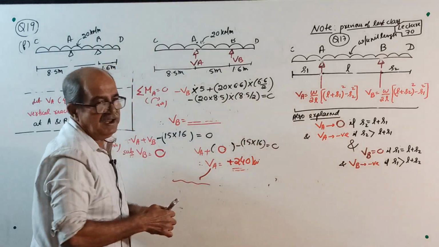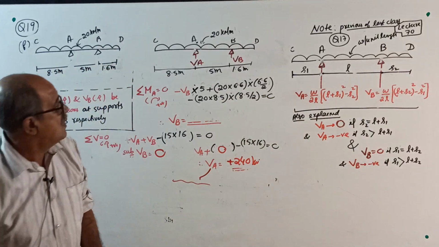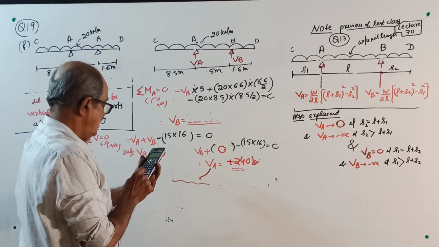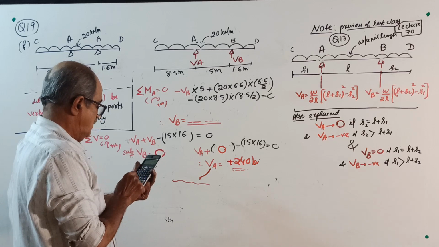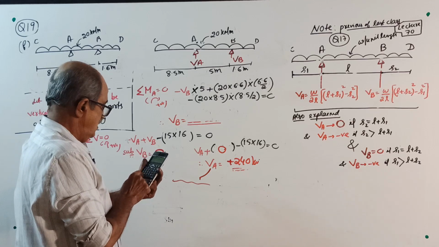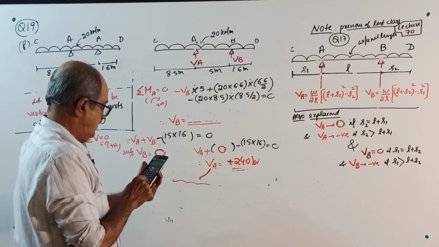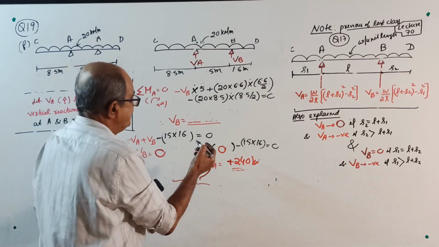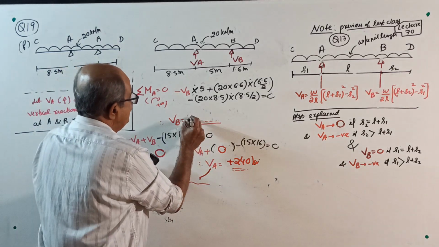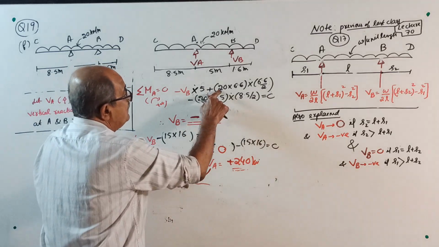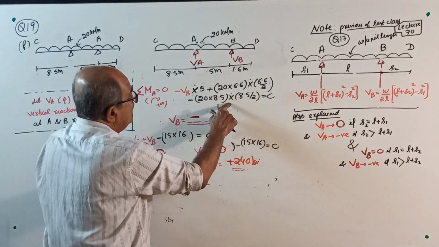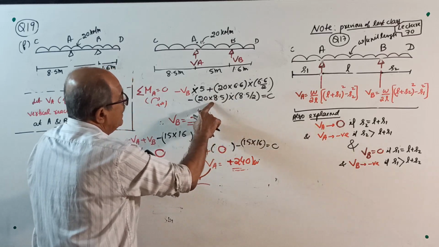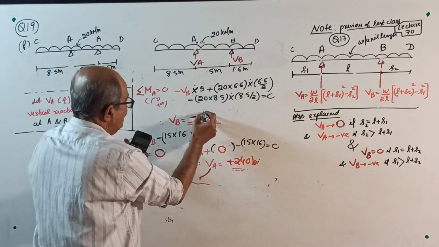Get the value of VB: 20 into 6.6 square divided by 2 minus 20 into 8.5 square divided by 2, divided by 5. That is 116.86 kilonewton. But remember, negative will come. See correctly, this is the higher value. When you take that side, this minus becomes plus, this becomes minus. It will come minus